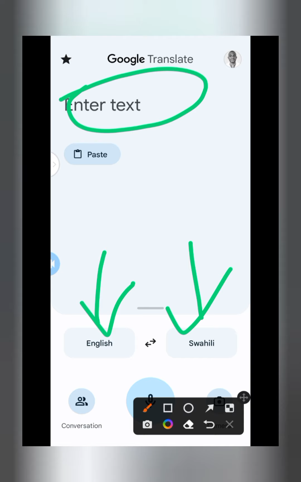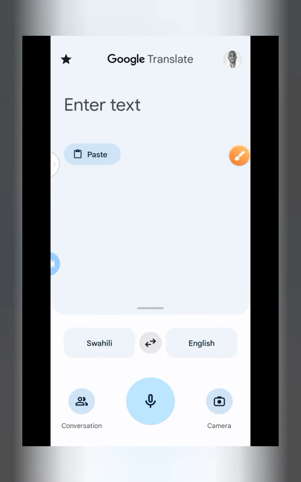Swahili, so you type in English. And if what you want to type is in Swahili and you want it translated to English, you have to swipe it in between. You have to click on that middle so that you have it arranged in this manner. Are we together? Let me take, for example,